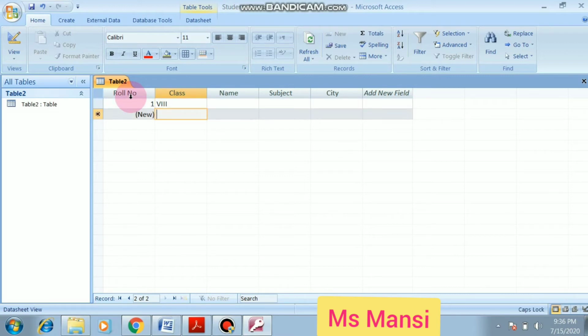Look here. Now roll number 1 will be automatically generated. I will write the name, subject, city. Understood?